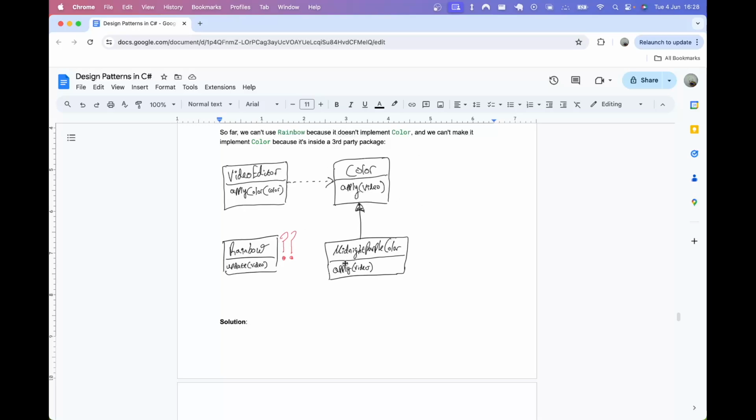So here's the situation drawn out in UML, where we have a video editor with an apply color method where we can apply some sort of color, so any color that implements this color interface. And we have our own custom color classes such as midnight purple and black and white, which implement this color interface. We then have our third-party